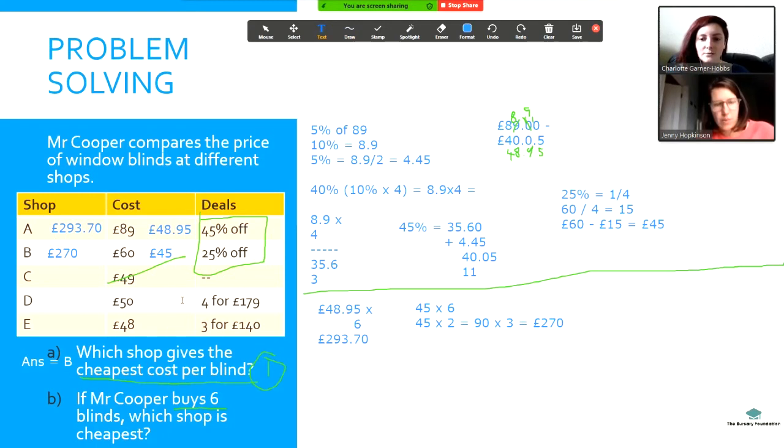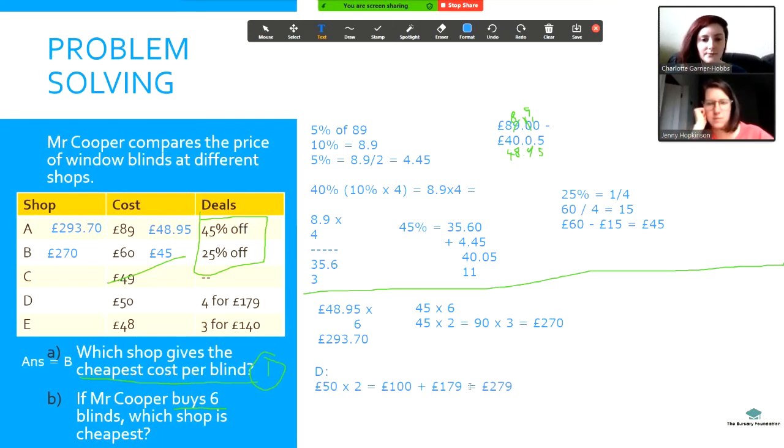Now, D and E is where we need to think about things a little bit more carefully. So for question D, I know that I can get 4 blinds for £179, but I need 6 blinds, so I'm going to need another 2 blinds on top of this. So the standard cost for 2 blinds for shop D is £50. So for 1 blind even is £50. So I double 50, which gives me £100. And then I'm going to add that to the 4 blinds that I can get within the deal. So I've got 100 plus 179 gives me